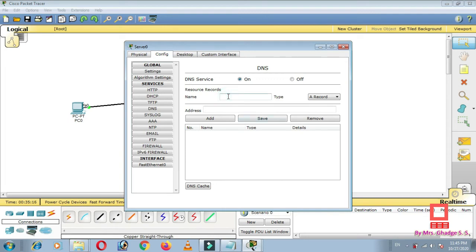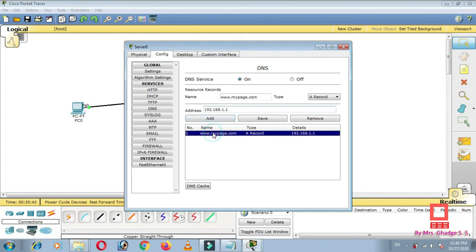Okay, suppose the name of the web page we can say, or web address for our server is www.mypage.com, and the IP address is 192.168.1.1. Okay, just click on add button.